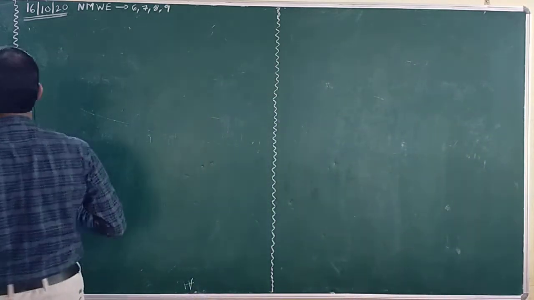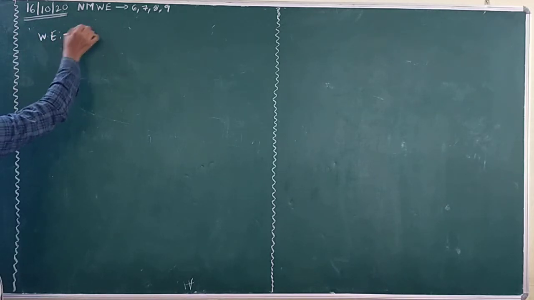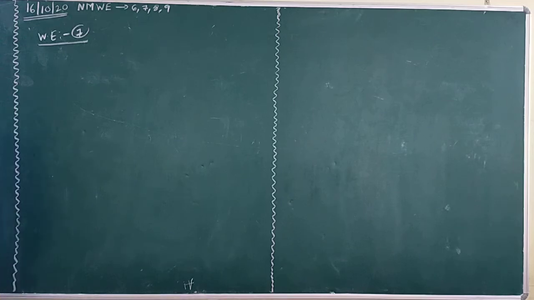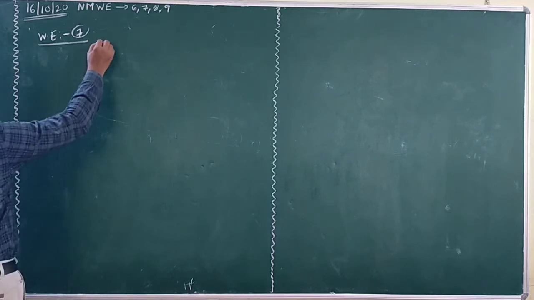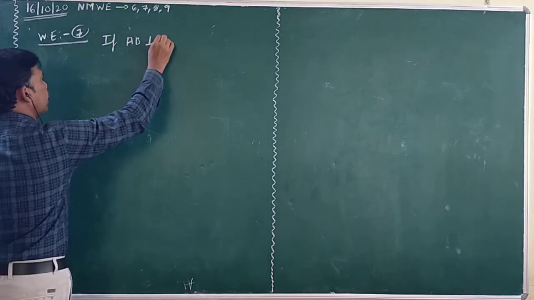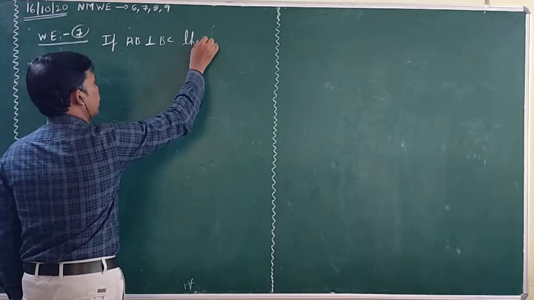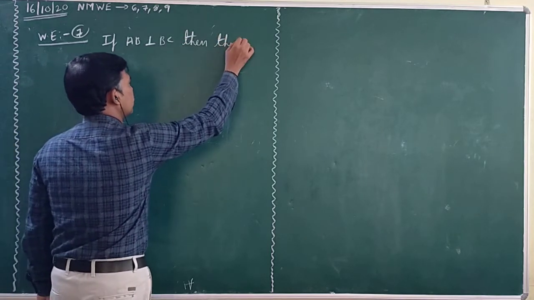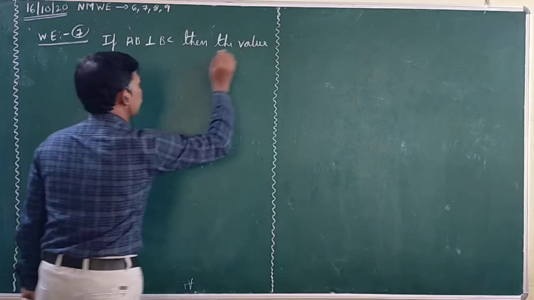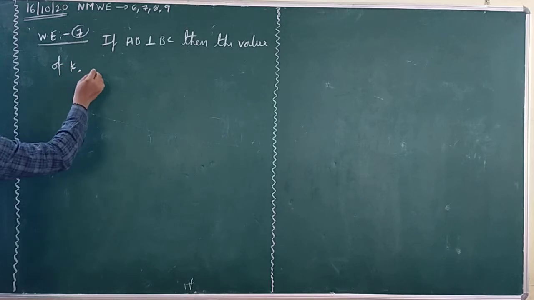Problem number 7. Worked out example 7. If AB perpendicular to BC, then the value of K, then the value of K,